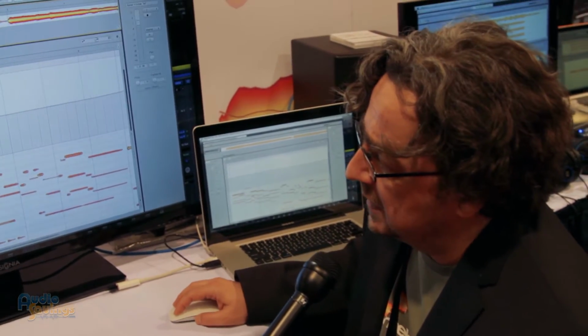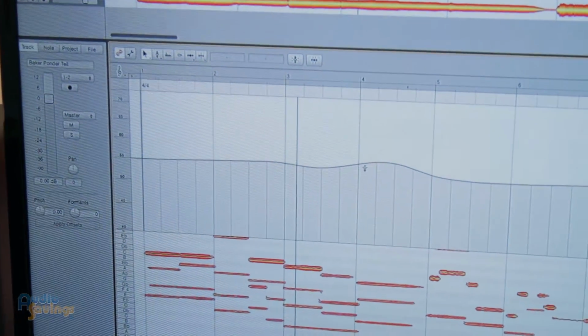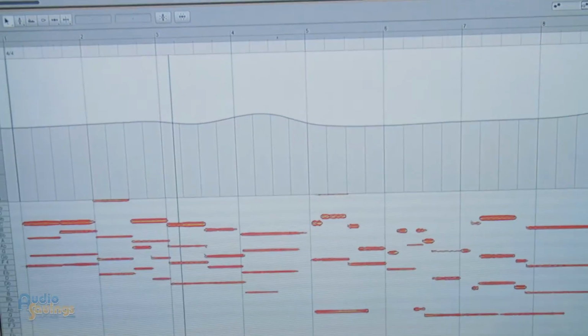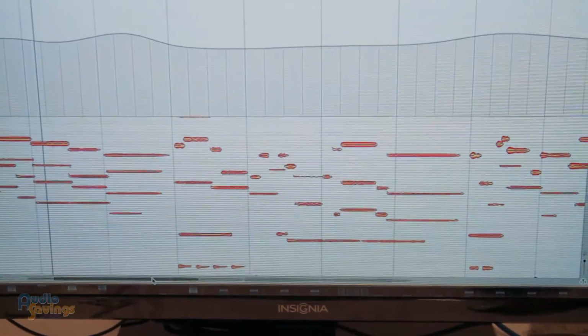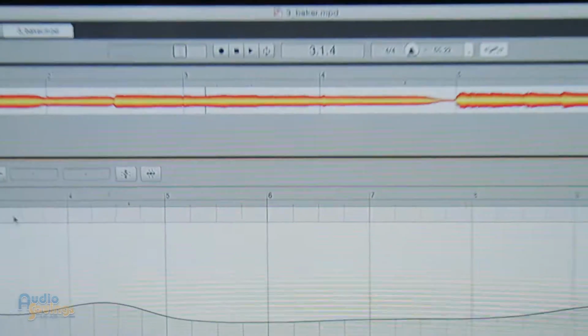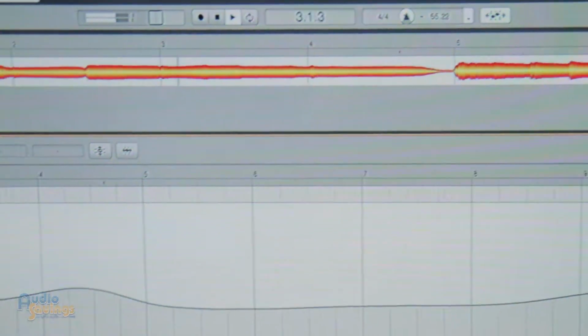I zoom in on the tempo curve slightly here, and you see there's a slight movement. It's not much, it's like 2 BPM up or down or so. But this was actually intended by the musicians. They didn't play to a click, but Melodyne can turn on the click later. That's what I do here. And if you listen again now to how this sounds, the click is